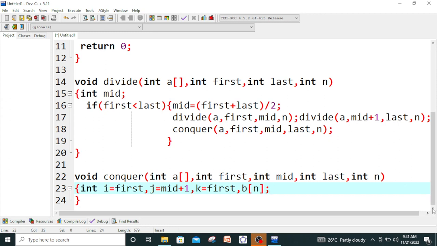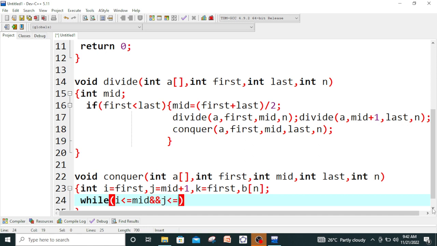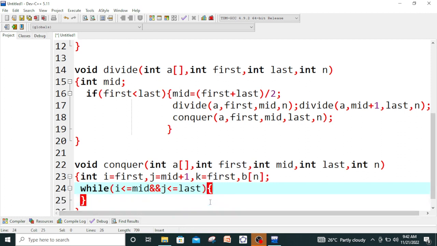So after that there will be a while loop, and inside this there will be 2 conditions. I have already mentioned that, so there is no need to discuss here. I is less than or equal to mid, and J is less than or equal to last. If these 2 conditions are satisfied, then the body of the while loop will be executed,